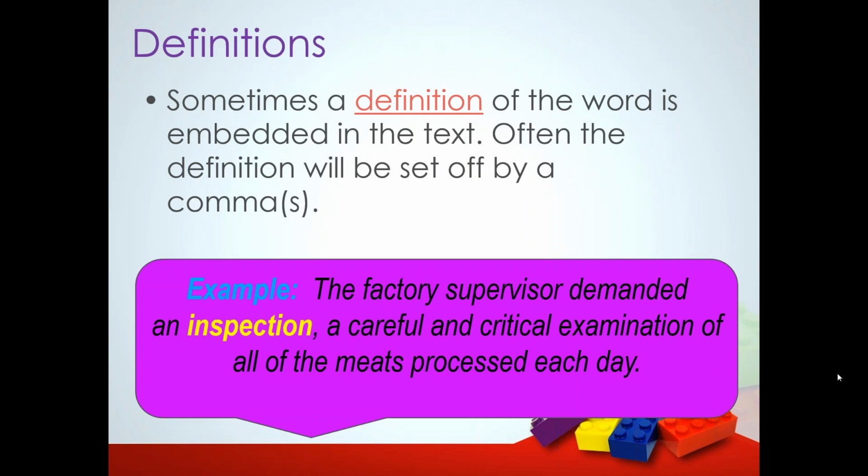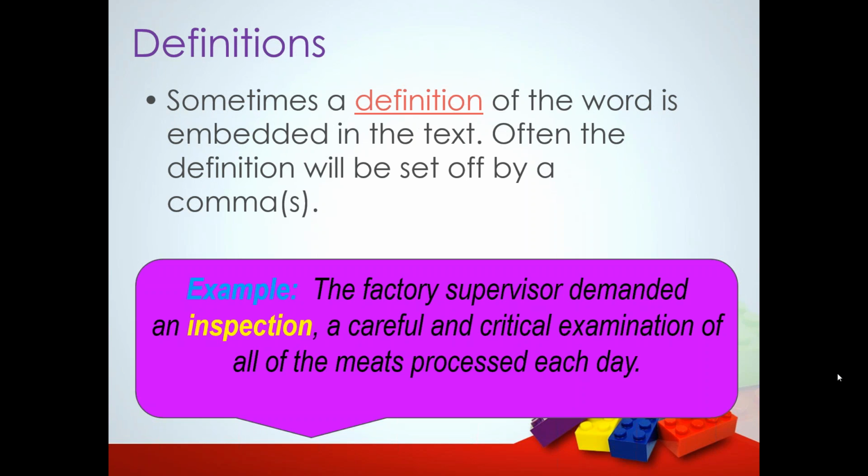So the first type of context clue we wanted to talk about today was the definition context clue. So sometimes the definition of a word is embedded right there in the text. And often the definition will be set off by a comma or a couple of commas. So if you look at the example on the screen here: the factory supervisor demanded an inspection, comma, a careful and critical examination of all the meats processed each day. This is probably the easiest